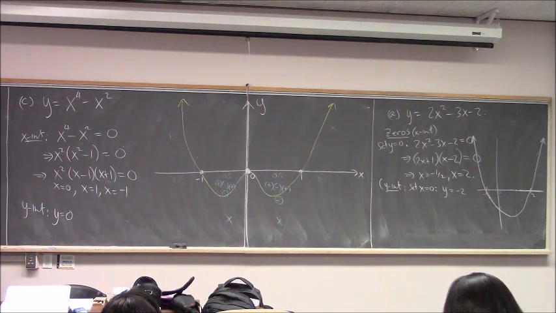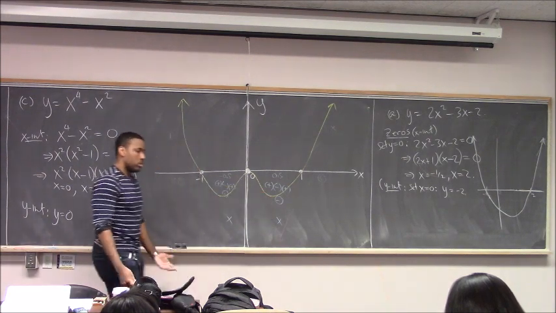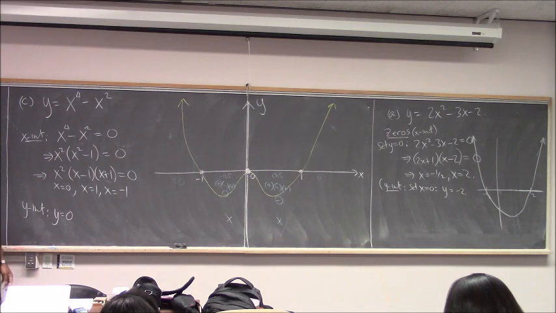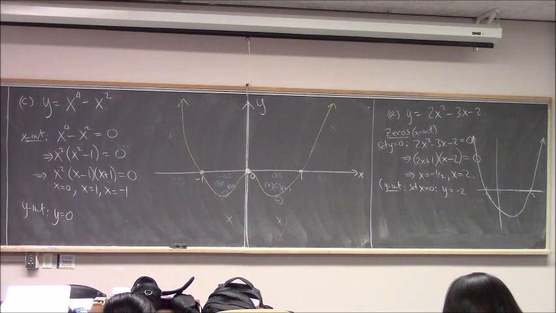You'll notice here, this one has 1, 2, 3 turns. That's good. That's the most amount of turns I should have for an x to the 4th graph. And both ends are going up. Yeah, so I'm pretty confident that this is a graph. Now,